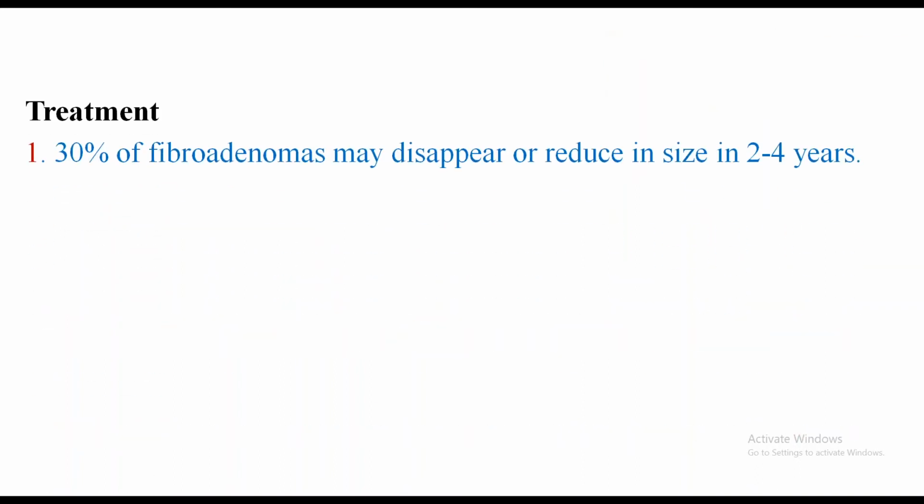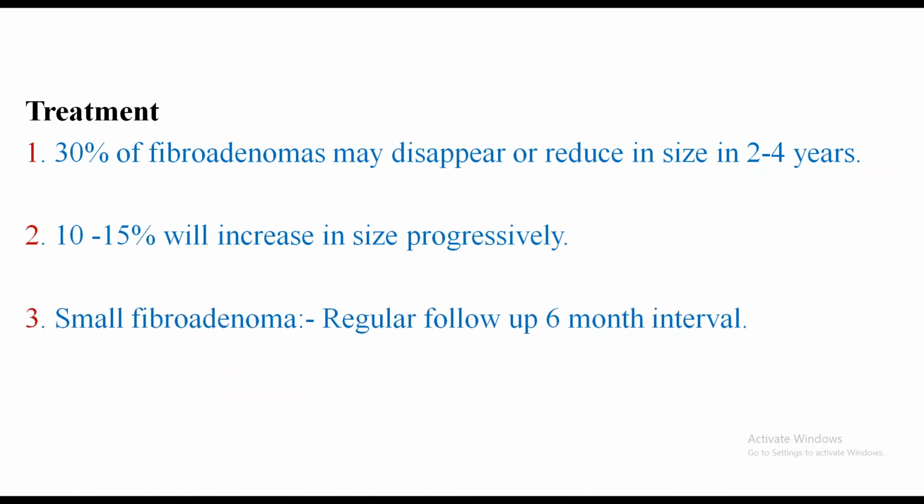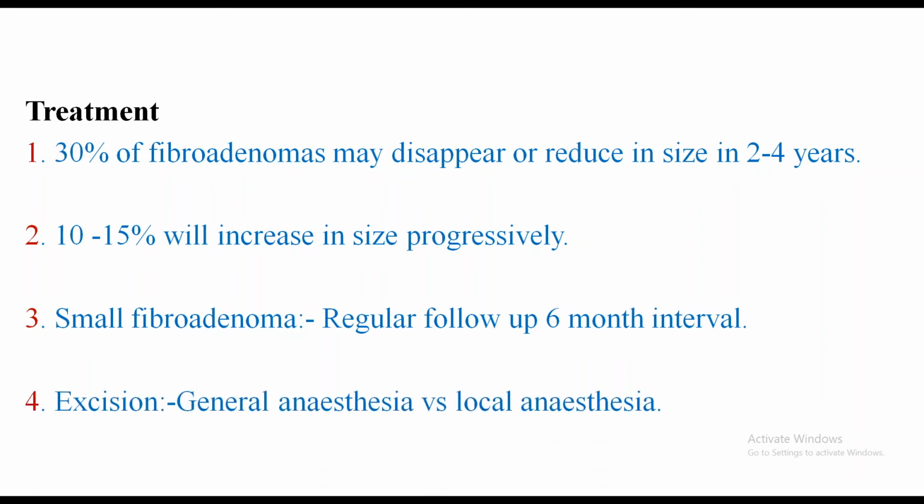Now the treatment: 30% of fibroadenoma may disappear or reduce in size in 2 to 4 years. 10 to 15% will increase in size progressively. The small fibroadenoma do not require treatment, but regular follow-up should be done at 6 month interval. The excision